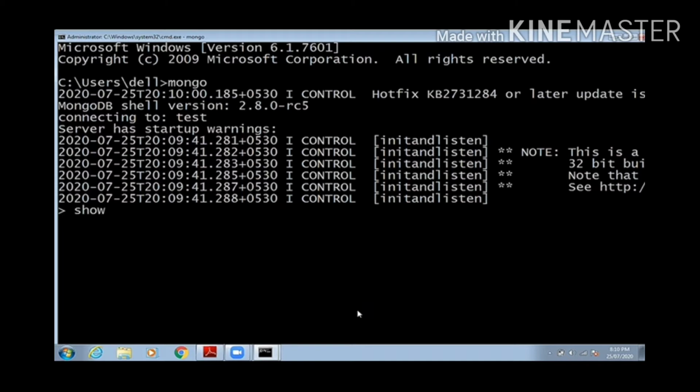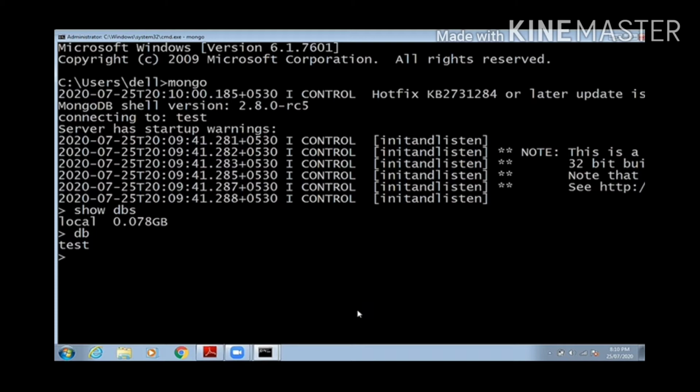The first command I am showing is show dbs, that will show the list of databases in MongoDB. Currently MongoDB has its own local database. For checking in which database you are, just type db. It will show you test, that means the default database of MongoDB.